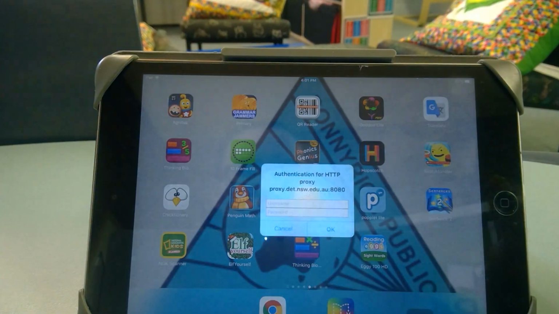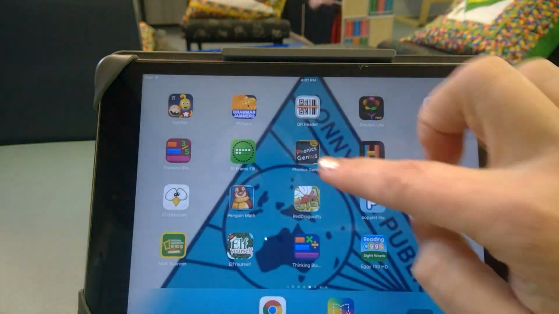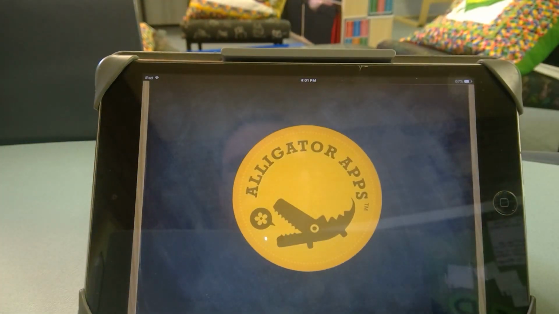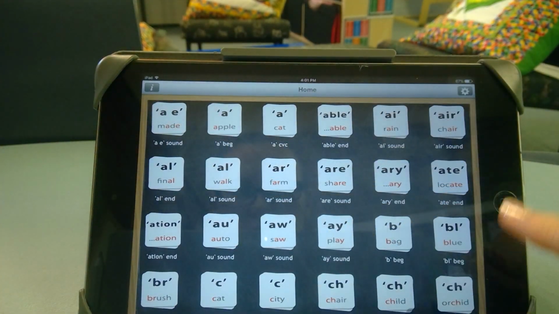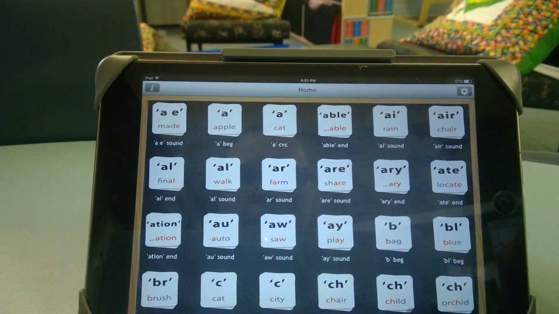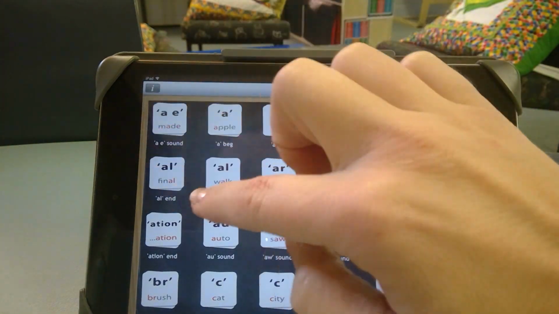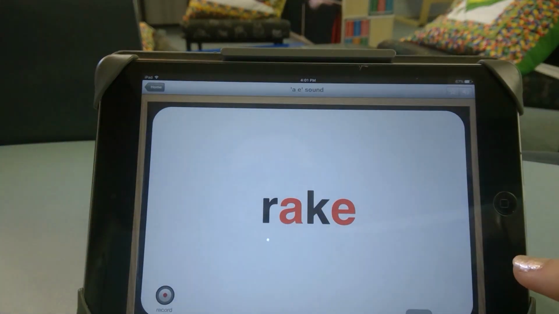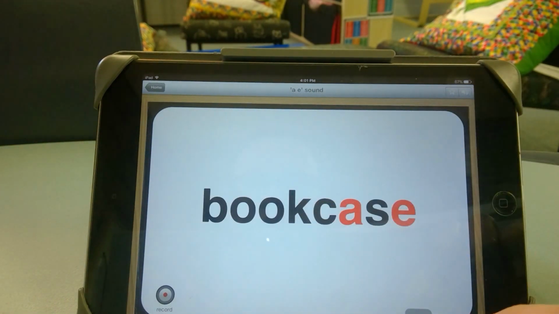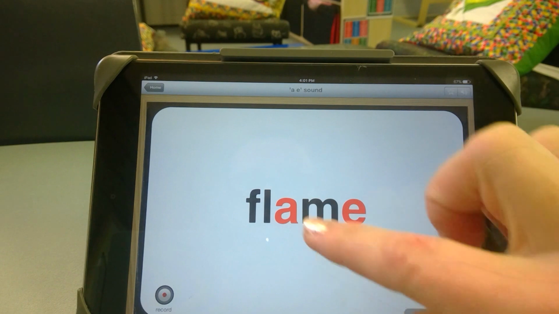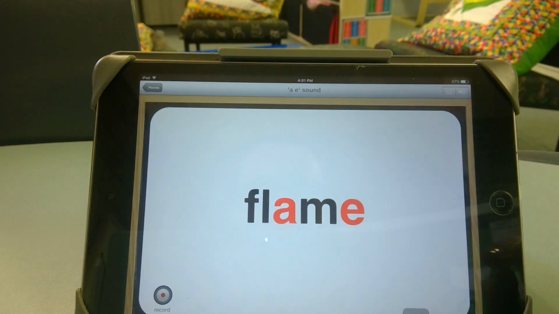Okay, next activity is called Phonics Genius, or app I should say, Phonics Genius. You've got all these different sounds on here that you can use. So let's just go with the A-E sound. And it's just listening to it, but you can see where the sound is there. So if you want to, the kids could just sit and tap and listen, or you